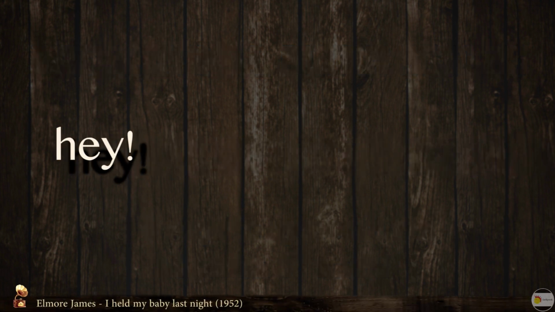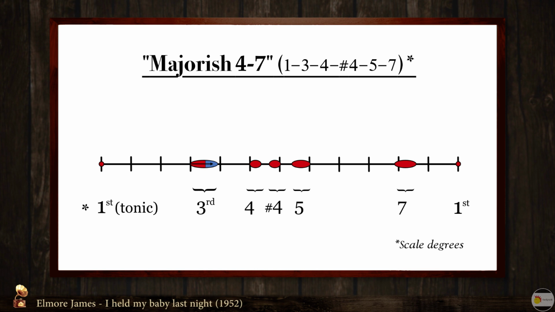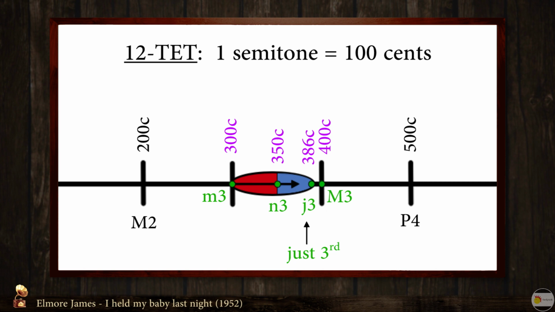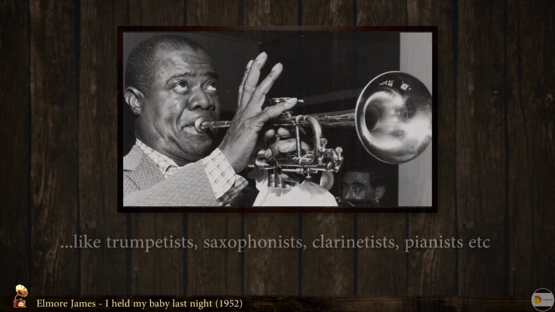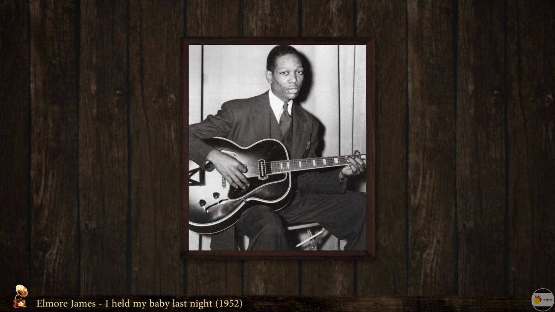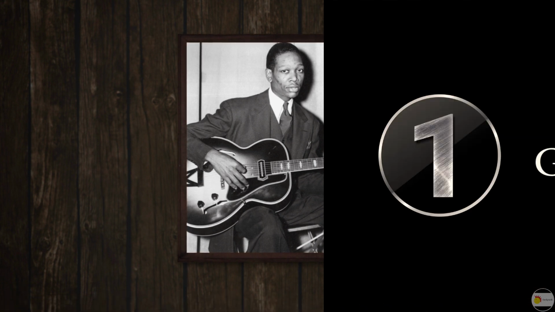Hey guys! In this lesson, we'll see a few alternative ways to express the ambiguity of the third degree of the scale in a major blues framework. As I demonstrated in the previous lesson on the major is 4/7 scale, the blue major is third is played with a bend reaching the upper area of the third degree complex. But instrumentalists have also found other ways to approach that sound on their fixed pitch instruments. Specifically, on guitar there are many alternative techniques to pitch shade the notes, especially the major is third of the scale. Let's see 8 of them.